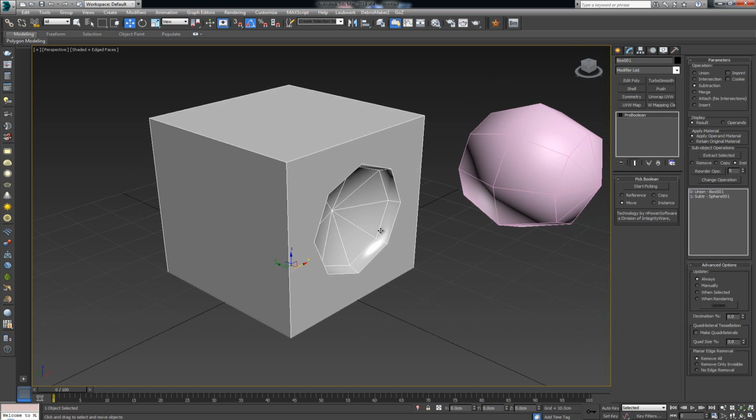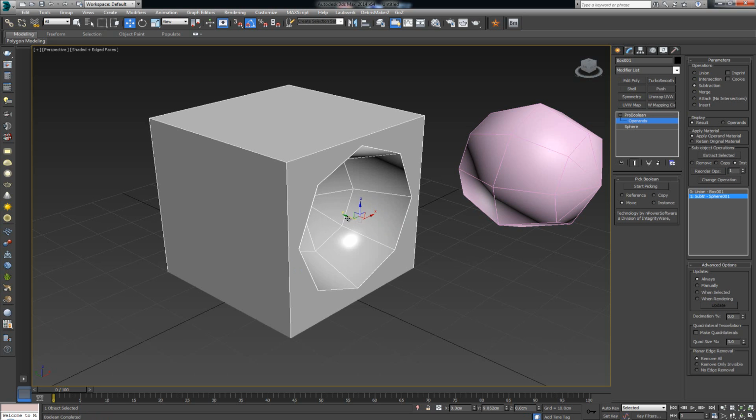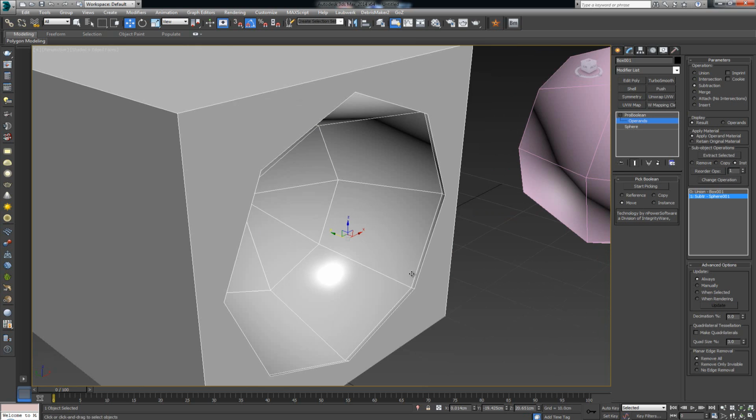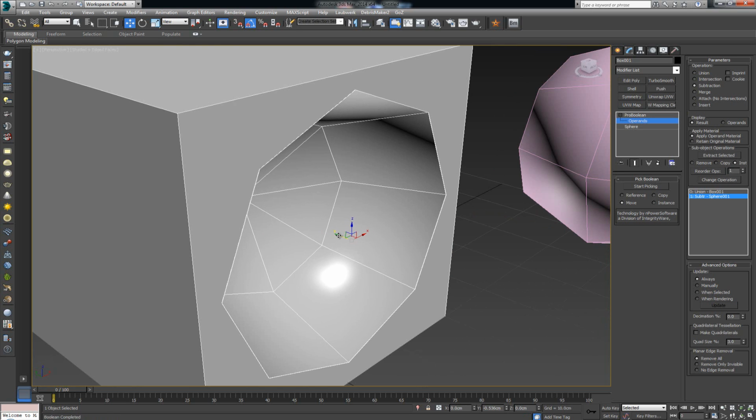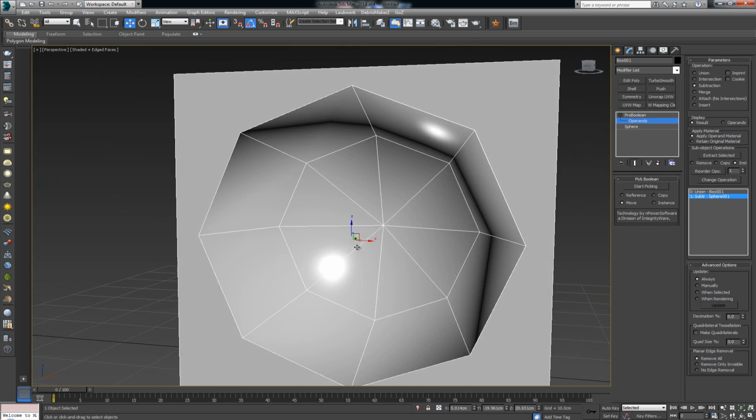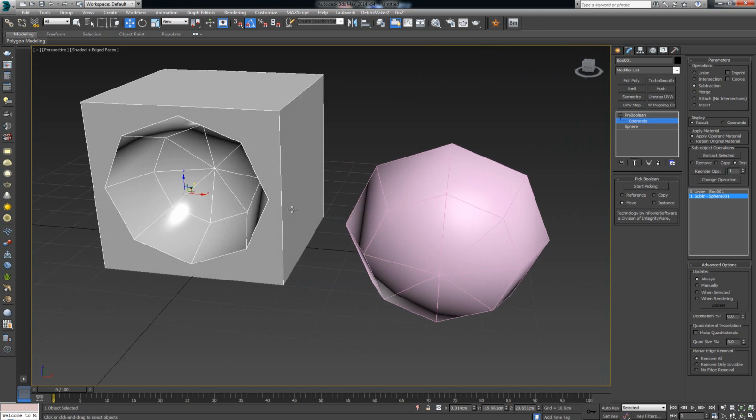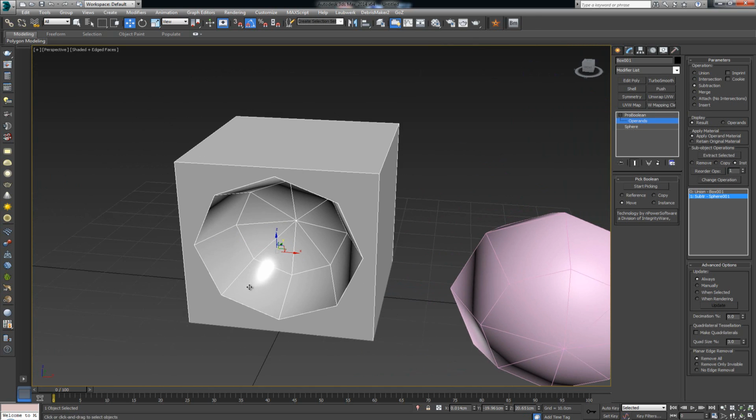Like we saw previously, I'm going to select my sphere over here, click on operands, and now simply move it into position. I'm going to try to get it as close as possible to the edge, so something like this. There we go. With this, we actually got that to be in the middle. Now what I'm going to do is click on